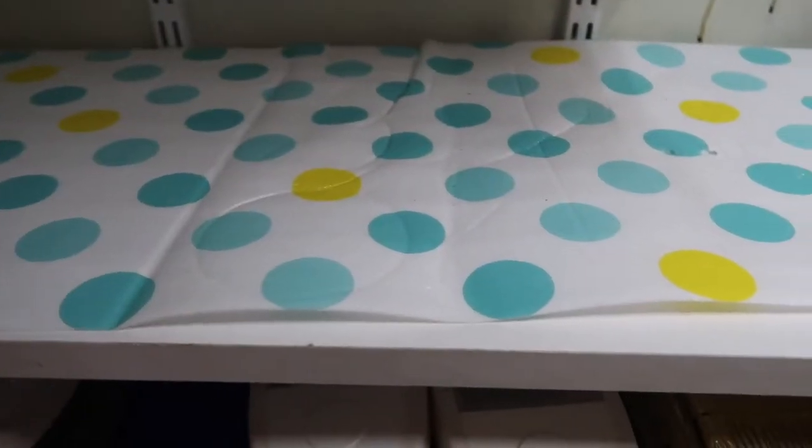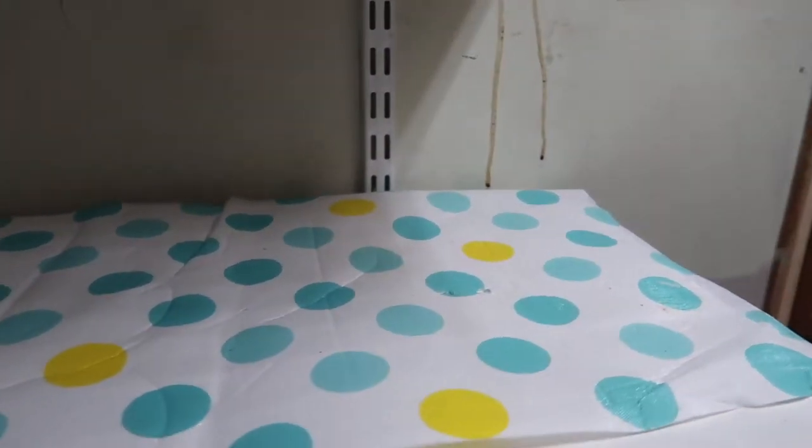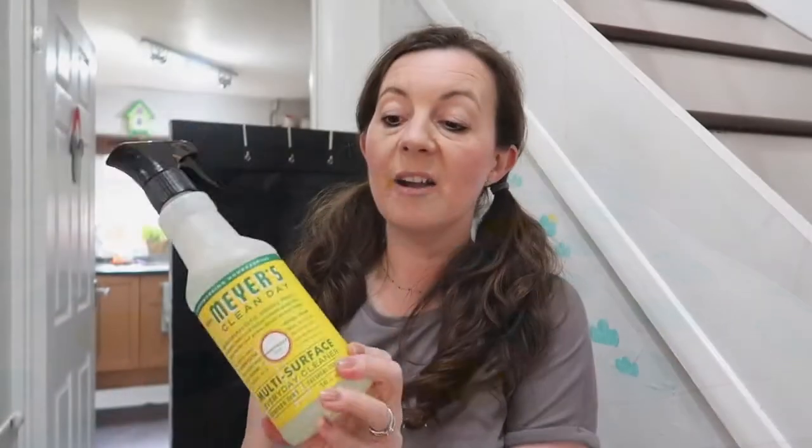I do use the shelf liners, which I also bought on eBay. I do have a spillage on the back there, so it gives me a good chance now to wipe over the soy sauce spillage, clean up the shelves a little bit as well, and just make sure it looks a little bit cleaner. I'm using a chemical-free Mrs. Meyer's multi-surface cleaner along with a microfiber cloth,